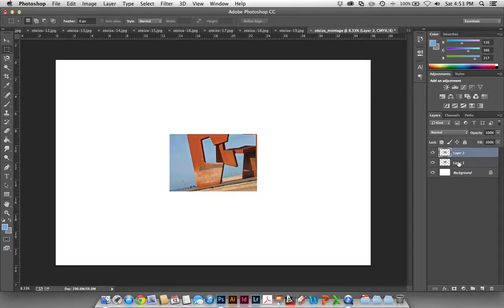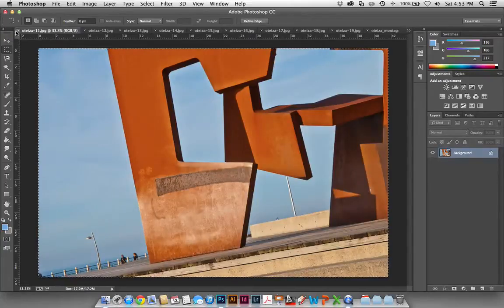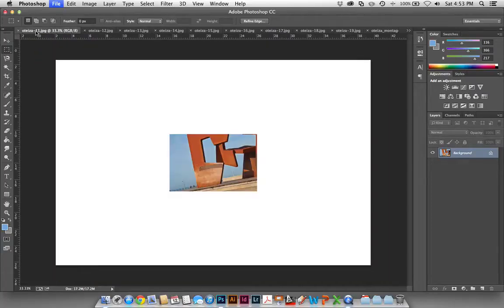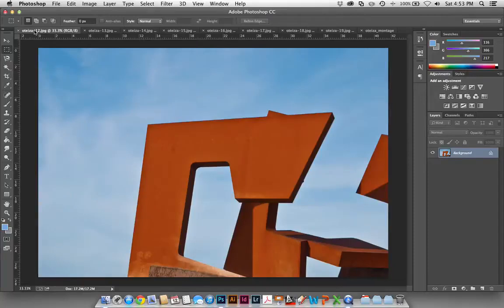You can name these, obviously, and rename these as necessary. For this purpose, I'm actually going to keep them as layers so you can see the direct correlation. Again, now I can close out of that particular photograph. Don't need that one anymore. And now again, I'm going to go back to Oteiza, and this is going to now repeat our steps that